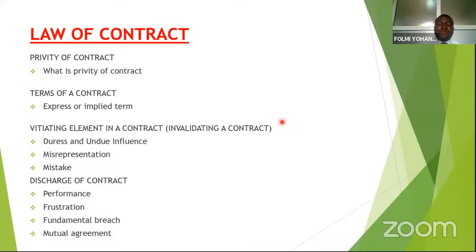Then we have undue influence, which can exist where there is a fiduciary relationship. When we say fiduciary relationship, there's a confidential relationship existing between you and the person. You trust that any advice that person will give you is of benefit to you. For example, you and your lawyer have a fiduciary relationship. You and your doctor, you and your stockbroker, because any advice he will give to you is presumed to be in your best interest. So where he decides to seize advantage of that relationship that exists between you and influence you